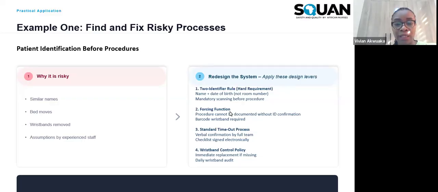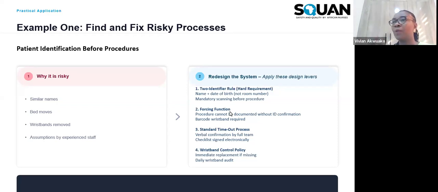Also, standard timeout process, as we know, the WHO surgical safety checklist. If we comply with that, it has all of these things there. So verbal confirmation by the full team, everybody time out, stop what we're doing. Which patient are we attending? What's the name of the patient? Are we on the same page? What procedure are we doing? You know, we need to all be clear before we proceed. And then